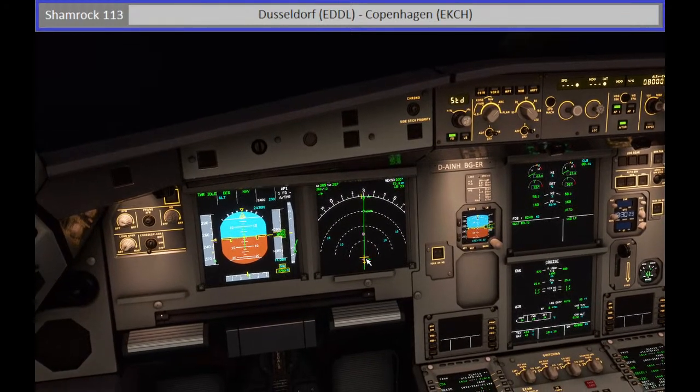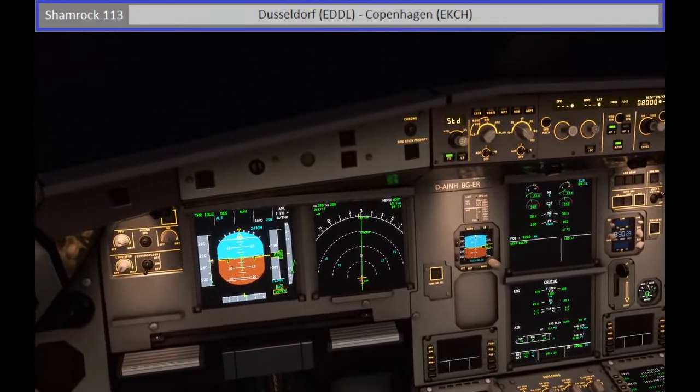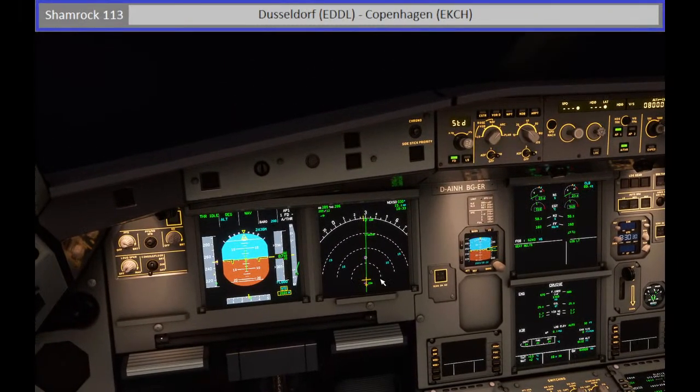I had a quick look around before I started and I wasn't too impressed. It was basically like a perimeter around the airport area where it's good detail, but literally right outside,